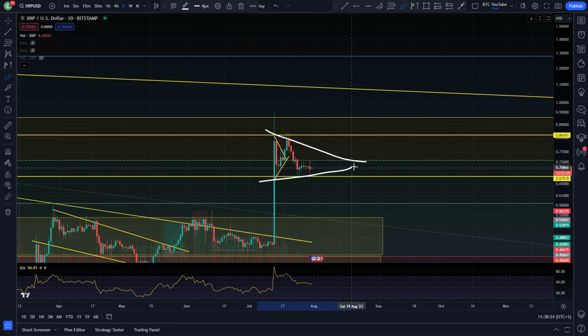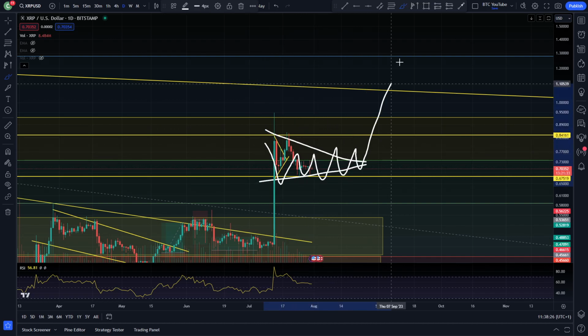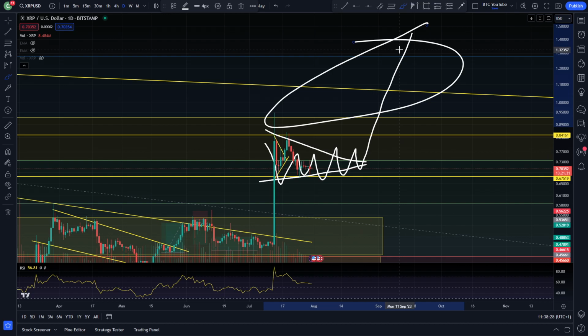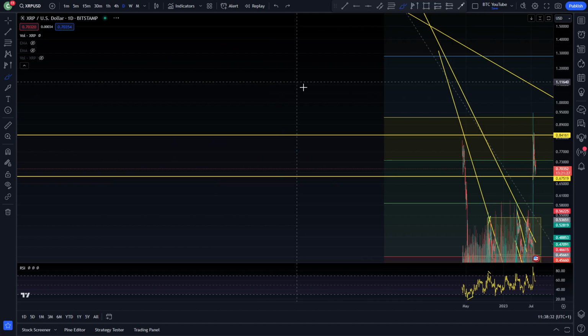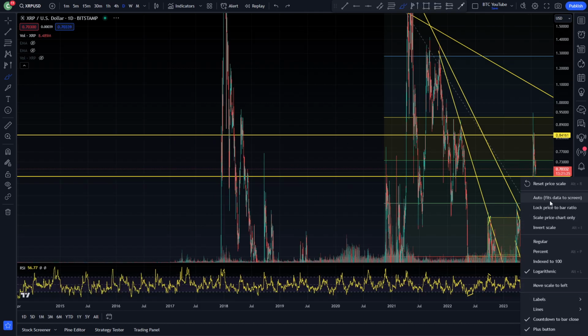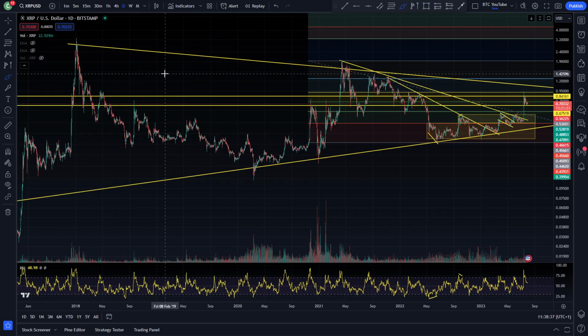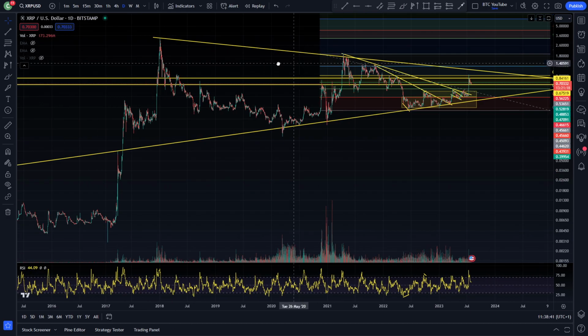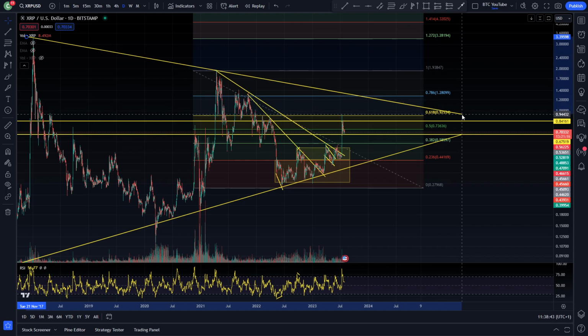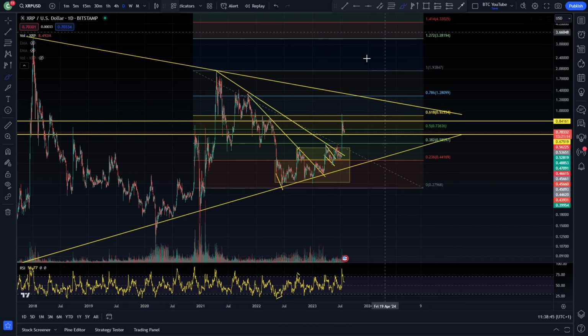Obviously some people are saying that we're still kind of coiling up like this, and if that's the case, we could see a technical target well up above that $1 level. And if we did see ourselves getting a nice breakout, let me just put this back on auto. If we did see a breakout of this level here, which is basically this overall XRP resistance for the past 5 years, currently sitting at around that 1.28 level at that 0.78 Fibonacci,